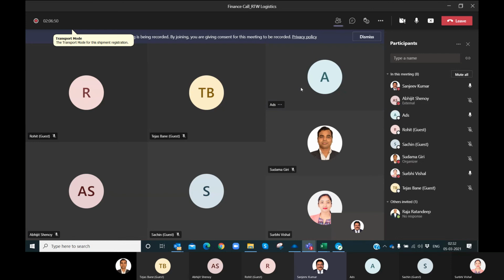And for mapping also we'll have to communicate and do a certain exercise so that your legacy system and the CargoWise system are in parallel. So no problem.